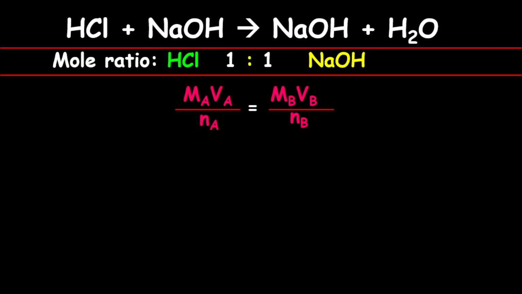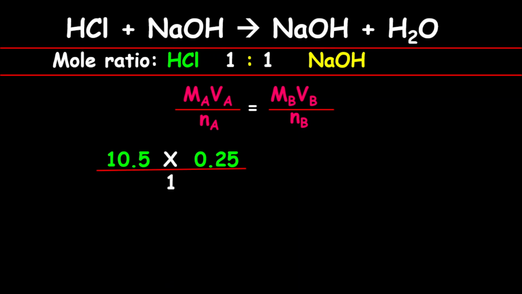Now, a point to note is that there's no need to convert from milliliters into dm cube. Reason being, technically you'll be dividing both sides of the equation by 1,000. So there's no need. Now, to substitute our values in the equation, we have here 10.5 multiplied by 0.25 divided